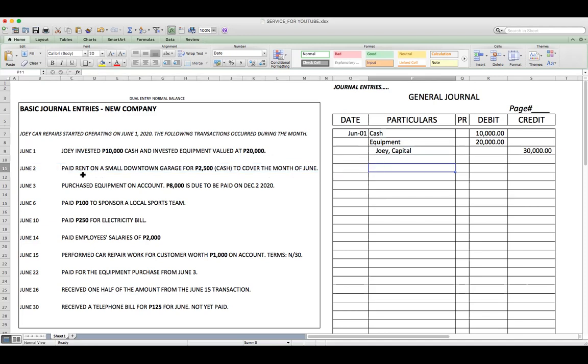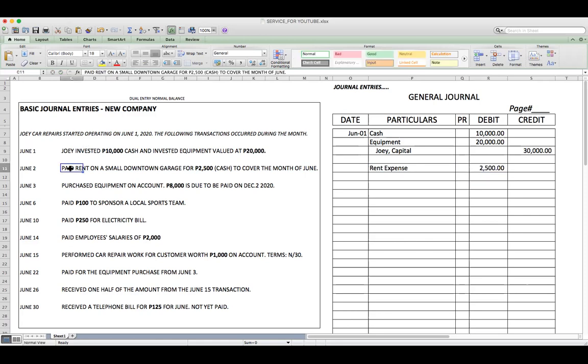So ang question natin ay ano ba ang ating binili? Hindi mo masagot. Ano ba ang ating tinanggap? Hindi mo masagot. Pero meron kang maisasagot sa ikatlong tanong. Ano ang ating binayaran? Ang binayaran natin ay renta. Okay? So, ang gagamitin kong account title ay rent expense. Why? Because it is for 1 month rent lang. Pero kung ito ay it will cover 6 months to 1 year rent, I would rather use prepaid rent. Okay? So the amount is 2,500.